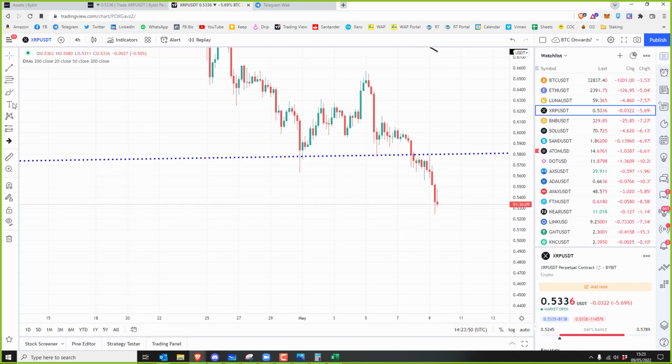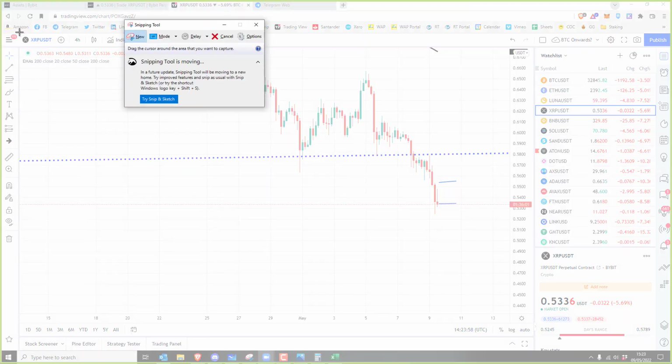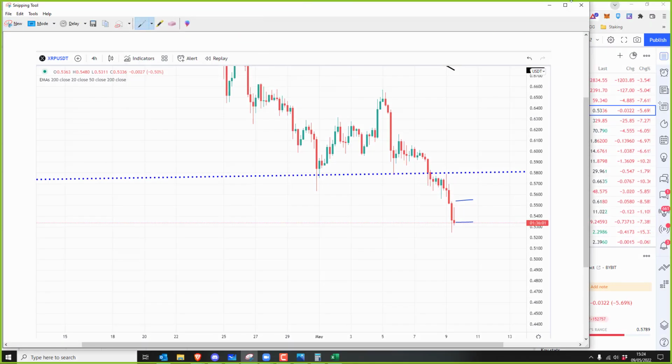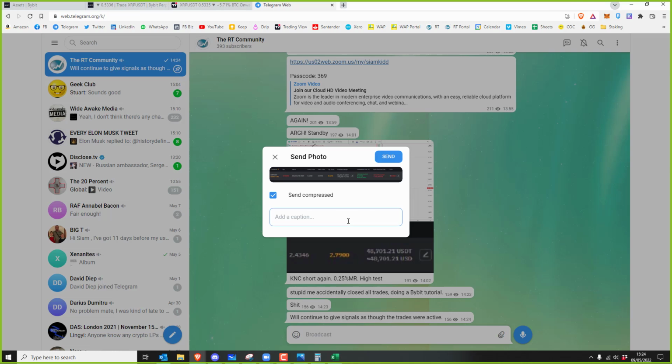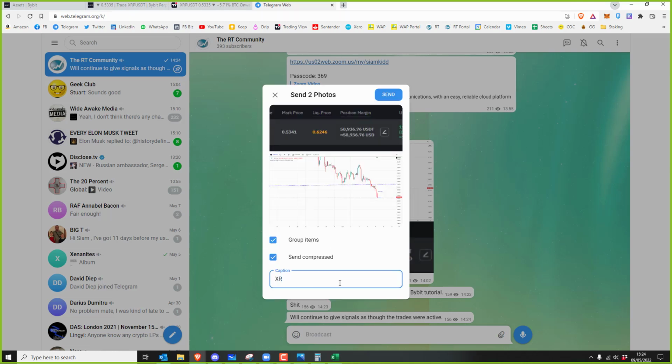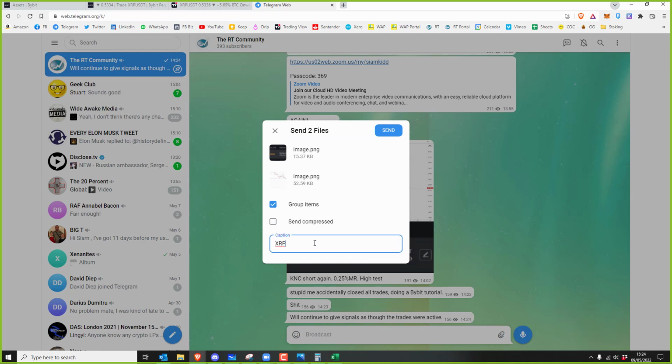And then I need to take a little screenshot of this. You guys all know this anyway, but just sorry, when you're texting stuff out, untick the send compressed with these ones, because some people can't see it. Amazing, thank you. That's probably why I don't get much resolution when I click the picture.